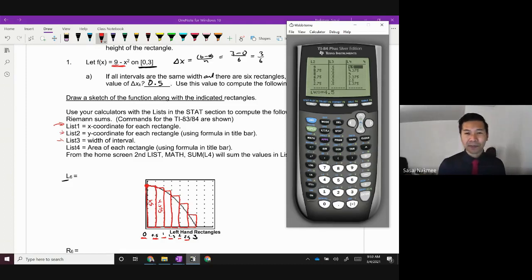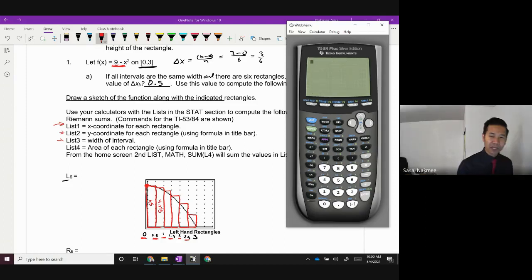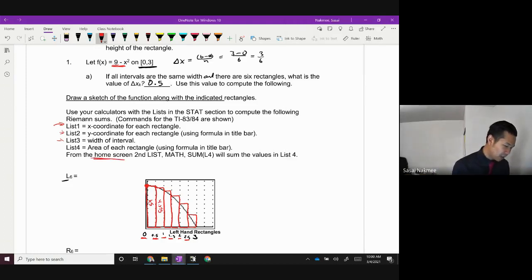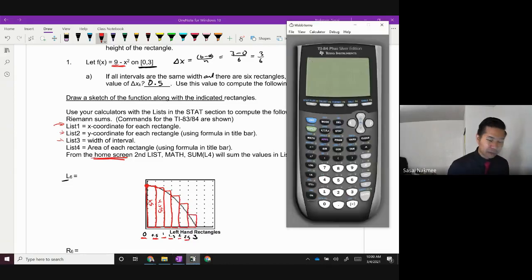And again, you don't have to sit there and type 4.5 plus 4.375 plus 4 plus 3.375 plus 2.5. That's too much work. Once you have those numbers in L4, all we got to do is add up all those numbers in L4. So check this out. If you hit second and quit, you come back to Blinky. In here, they call it the home screen. I call it Blinky. Blinky's better. You see, it blinks right there. Are you watching him blink? Look, he's blinking now. Blink, blink.